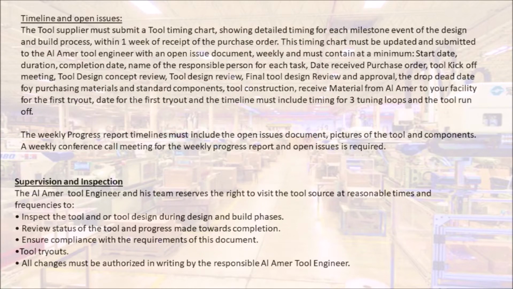Timeline and open issues. The tool supplier must submit a tool timing chart, showing detailed timing for each milestone event of the design and build process, within 1 week of receipt of the purchase order. This timing chart must be updated and submitted to the Amer tool engineer with an open issue document, weekly, and must contain at a minimum, start date, duration, completion date, name of the responsible person for each task, date received